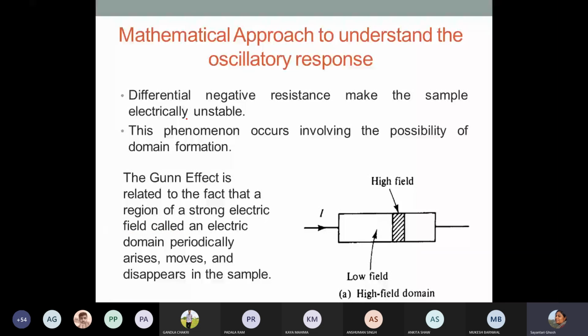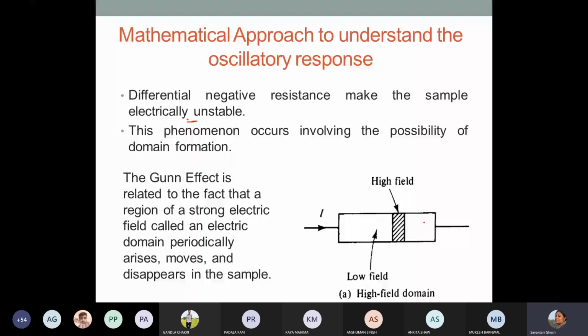So just imagine that I have a system where I have a really high electric field being applied, and somewhere in between I have a charge accumulated domain where a certain amount of charge got accumulated. So this kind of domains periodically come into the picture, and they rush to the terminal in a particular direction where they are attracted. So if a positive charge accumulation took place, then it moves towards the negative terminal of the battery and vice versa. So these charge accumulated domains move towards one terminal of the battery, and this phenomenon happens periodically.